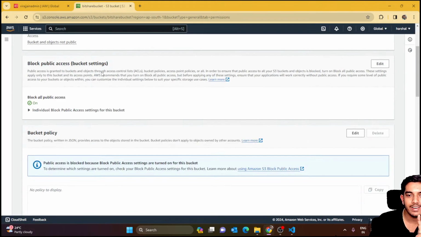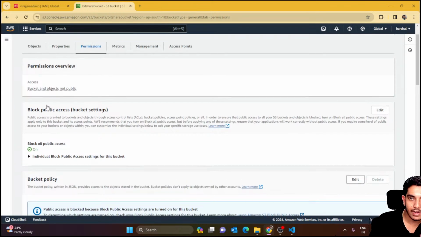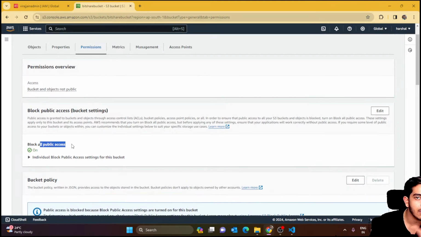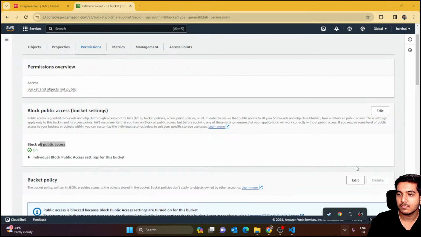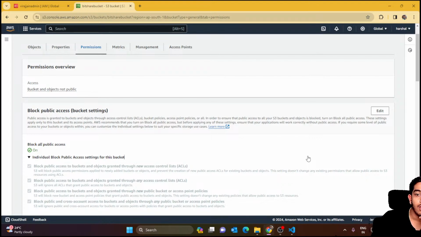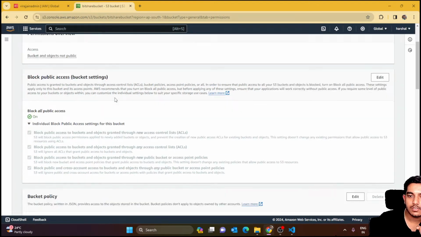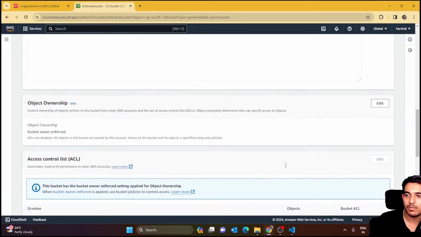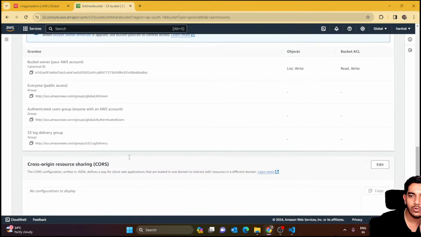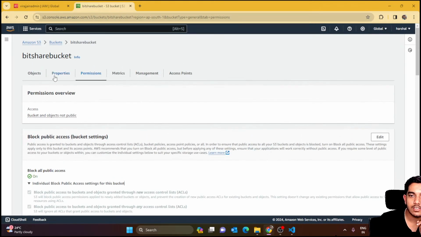So in the permission, first of all, this must be enabled. I'm just reminding you again, block all public access. We are not giving any public access to this bucket. Why? Because we don't want any random people to have access to my S3 bucket and upload things or download things from my S3 bucket. So I've just made it block all public access. There's no bucket policy for now. Everything is fine. Later on we have to enable CORS, so we'll do that later on. But right now everything is fine. So I'll just go to properties,